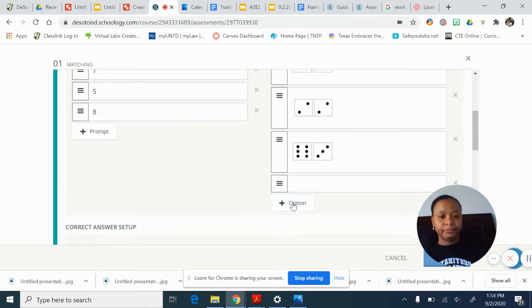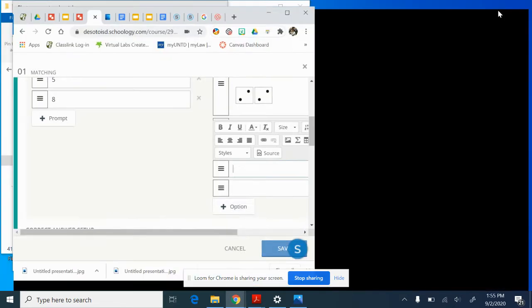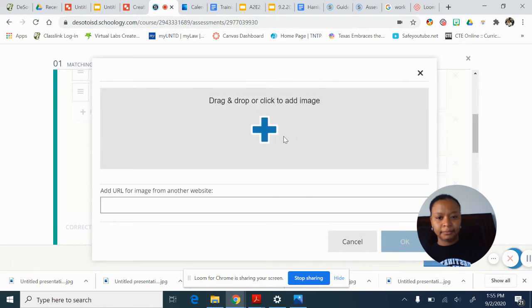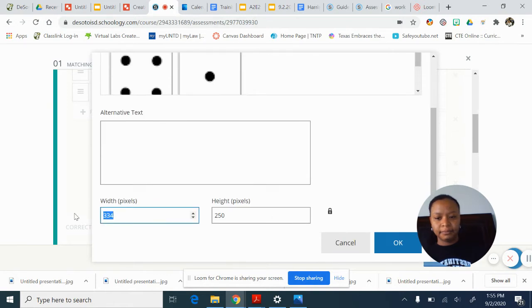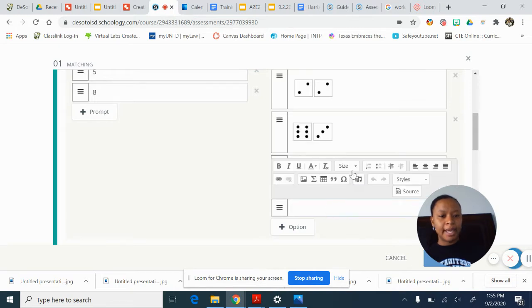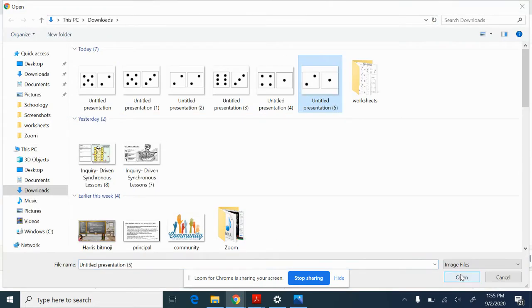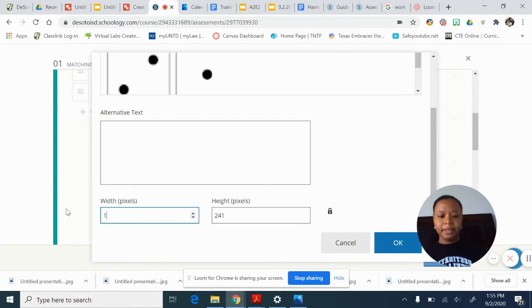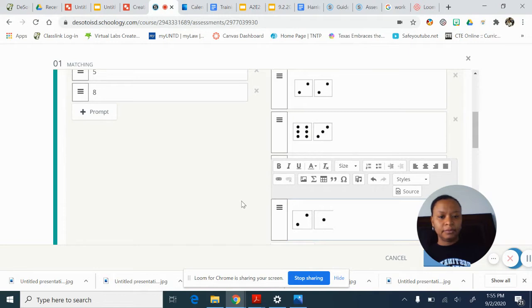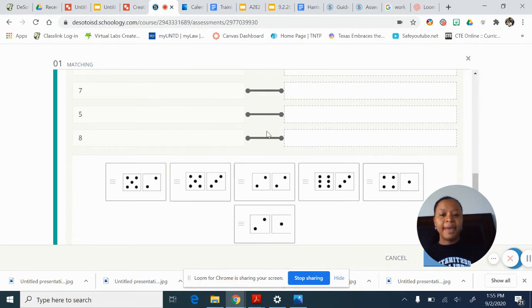And then I need 2 more. I think it was 2. My next one is 5. And then the last one is 3, I believe. Yes, it's 3. Okay. And so those are my options. Now I go down here and they're going to want me to match them to their